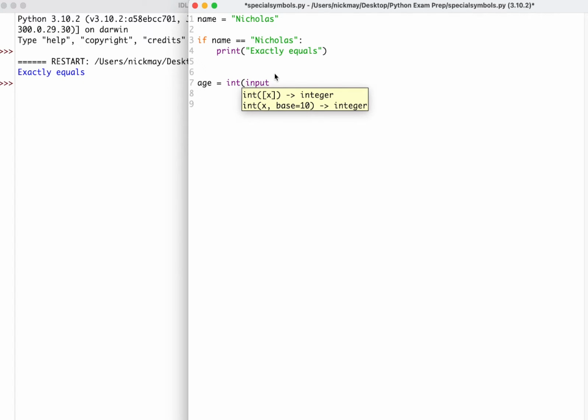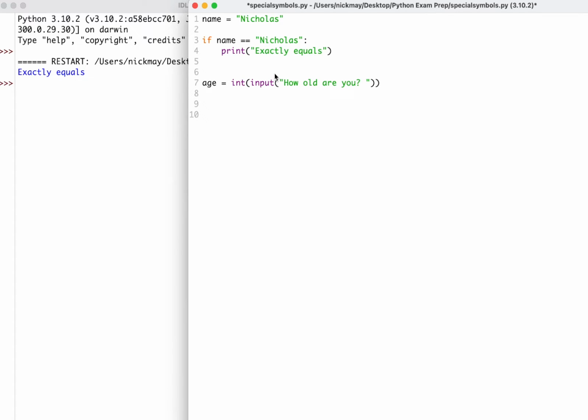input, in inverted commas, how old are you? Question mark, space, close my brackets. Right, so there I've got a simple input that I'm going to ask my user, how old are you? And they're going to enter a number for their age. Now, we could use an if statement, and we could say if age is greater than 18, then we're going to do a print statement,